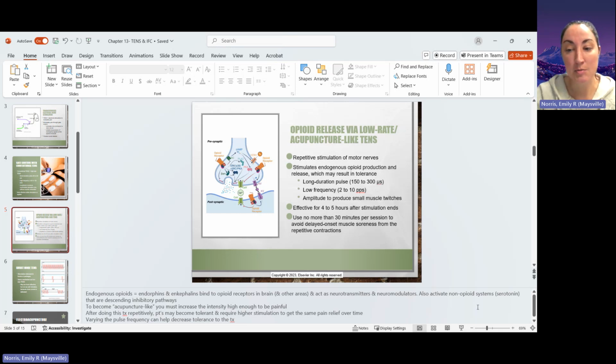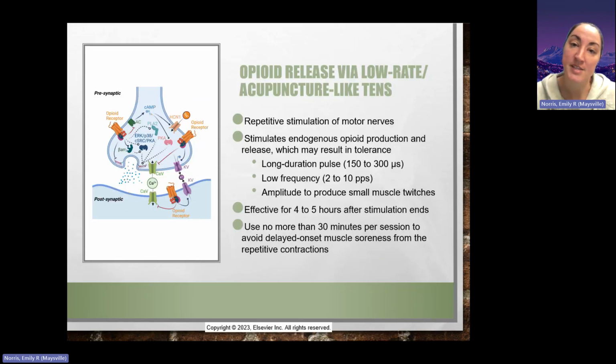Another system called the non-opioid system has descending inhibitory pathways that are also activated, such as with serotonin. That is one of the chemicals released there that helps activate that system, and all of those lead to decreased pain. So with low rate TENS, the parameters we typically use, it has a longer pulse duration of 150 to